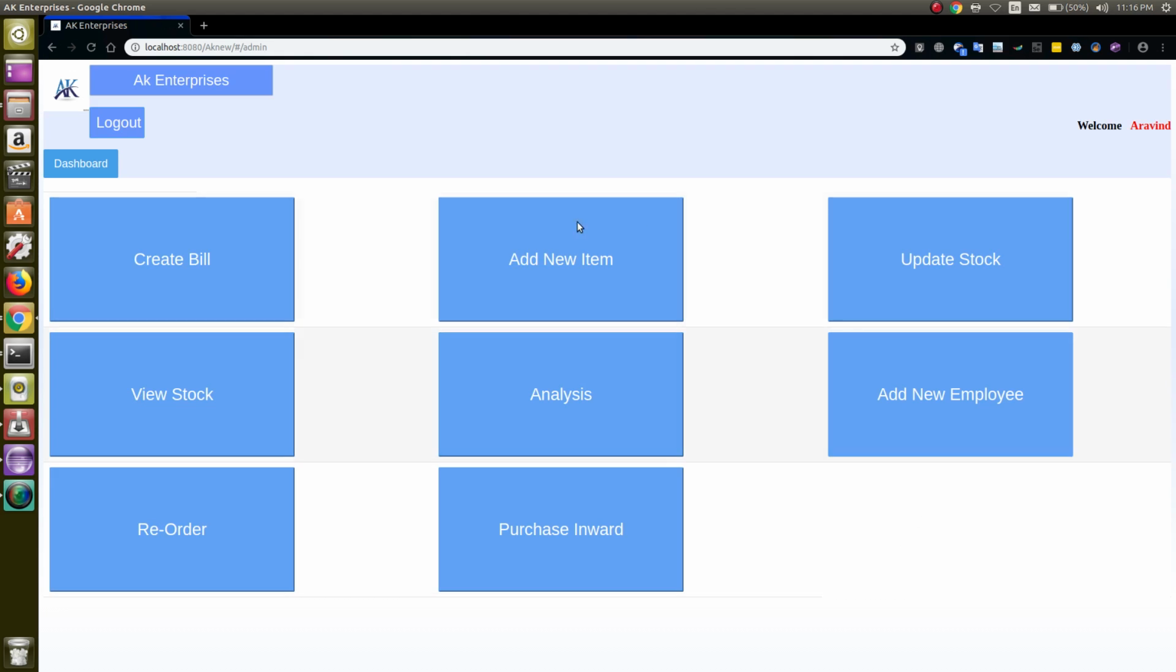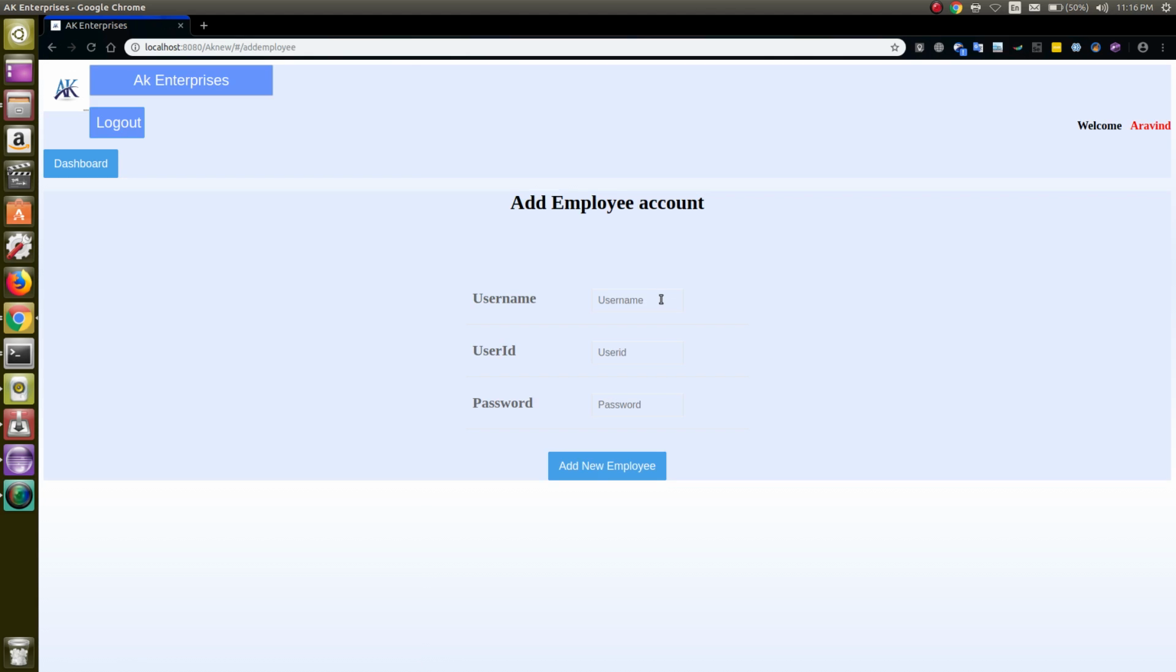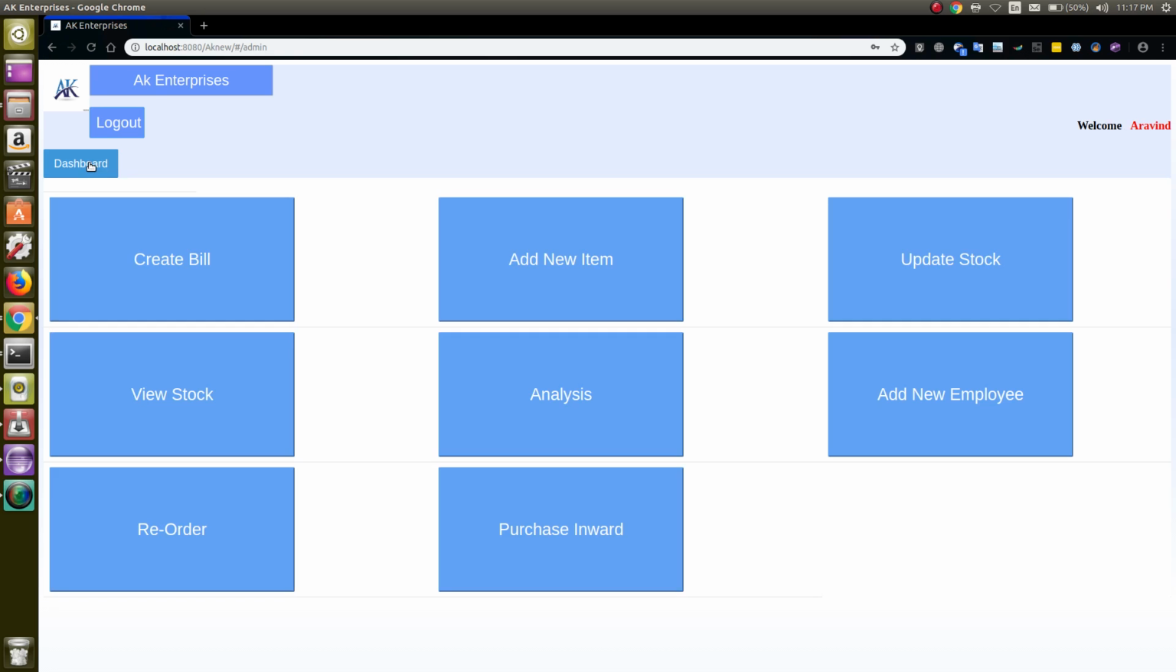So add new employee means adding a new employee user. For example, I am adding Kumar as employee 3 with password EMP3, new employee added. Okay. Now if I log out and check with the same one,